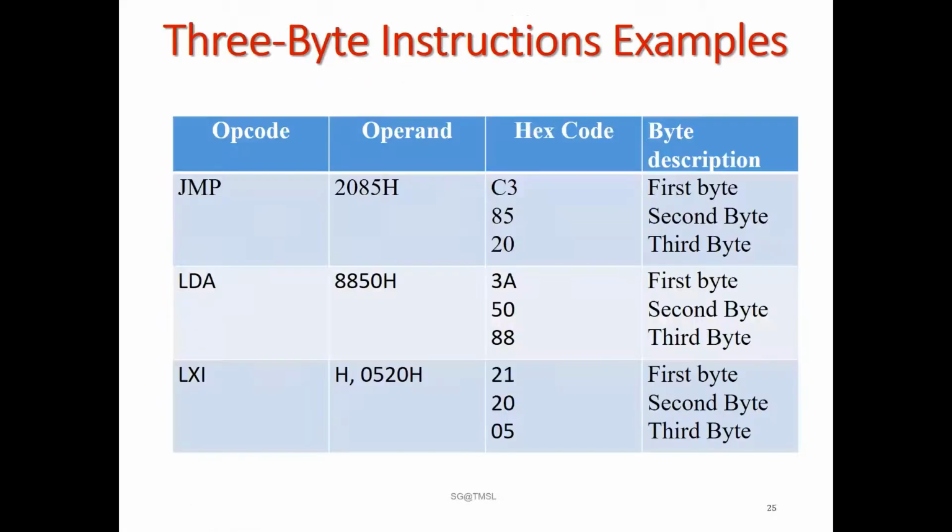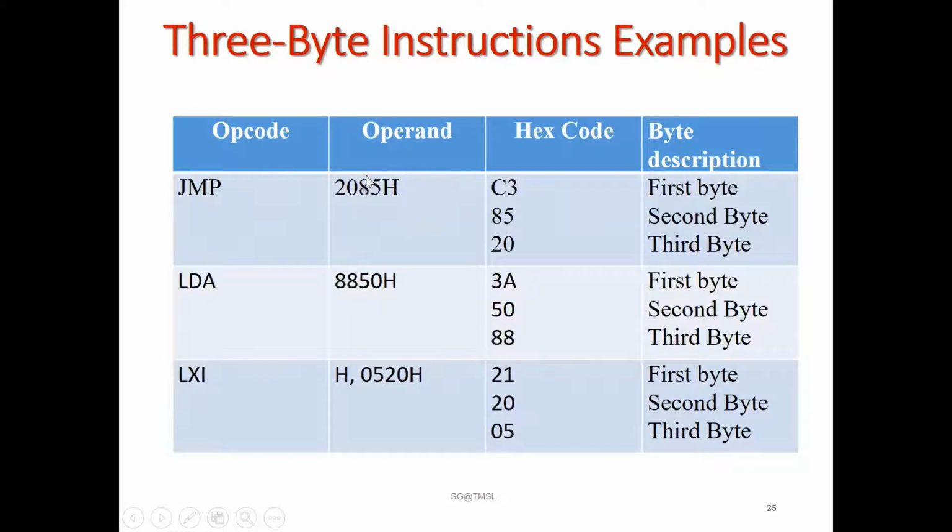Next, the 3-byte instruction. Here we used last day STA some memory location, or we can use LDA some memory location. These carry a 16-bit code. If it is written as JMP some memory location, say 2085, then to load this complete instruction, JMP has a fixed machine code, which is C3. Now it's a 16-bit code, and each memory location can store 8-bit of data, so that 16-bit should be divided into two 8-bit parts.